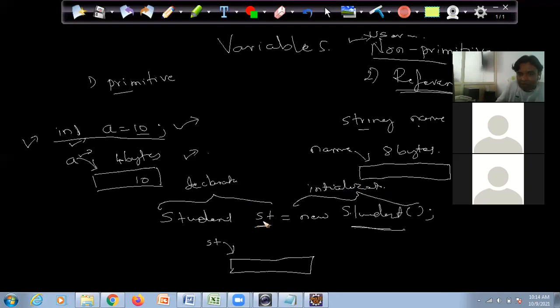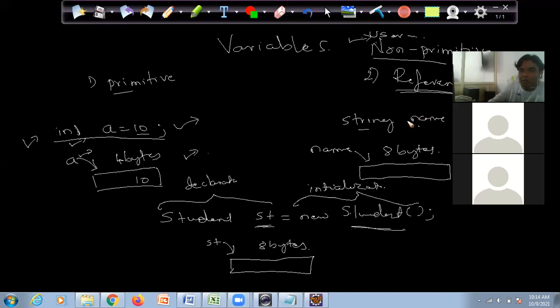For declaration, JVM does certain things, and for initialization, JVM does certain things. Now I am speaking about the left side part. When JVM processes the left side of this variable, for the st variable, it by default allocates only 8 bytes of memory.